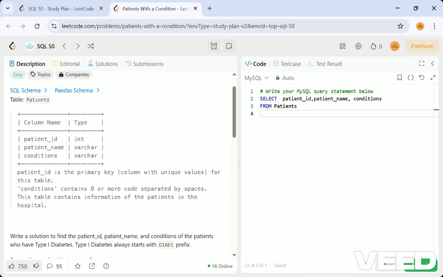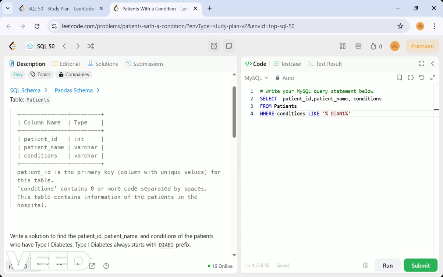What do we have to check? We have to check the conditions column. If you know wildcard characters, you can use LIKE. It is like DIAB1, and if it has something before or after, or anything in between, this thing should be there.